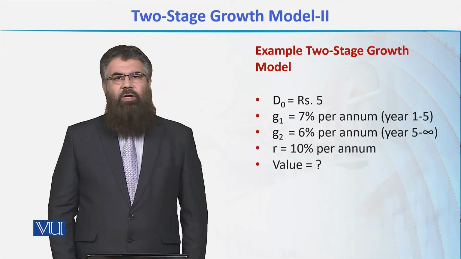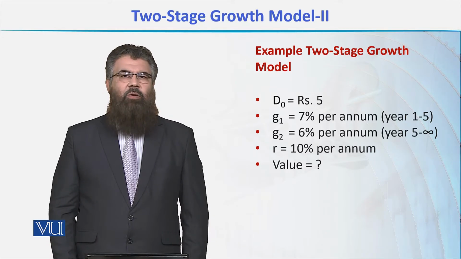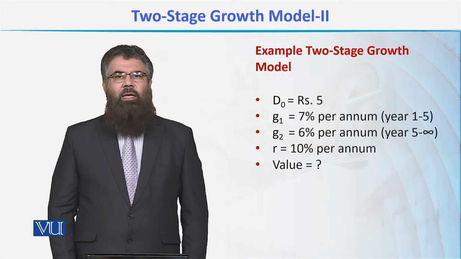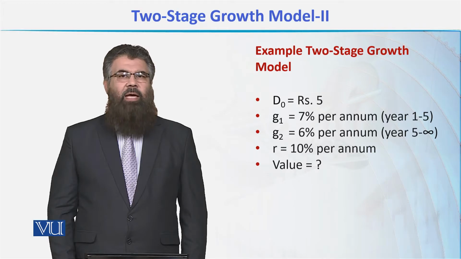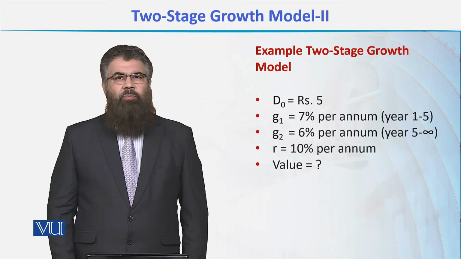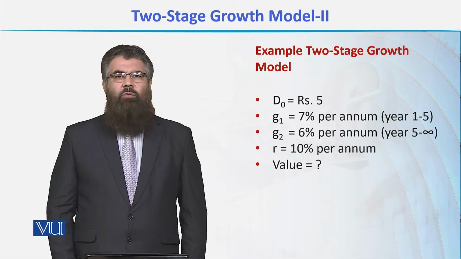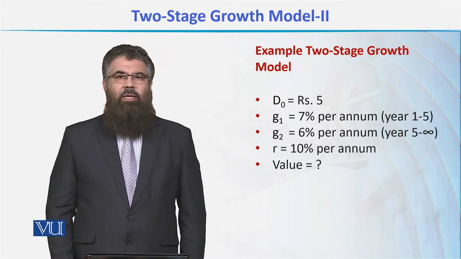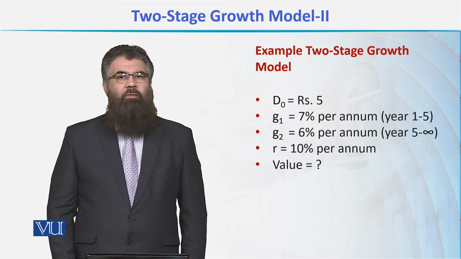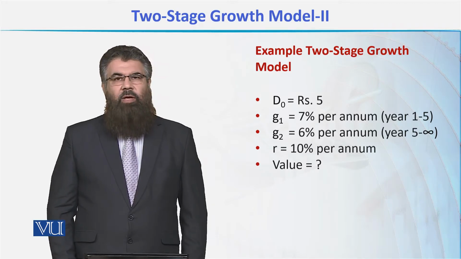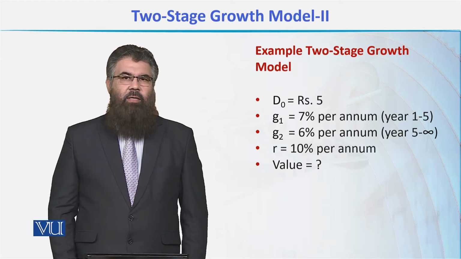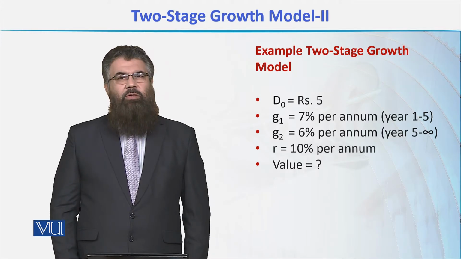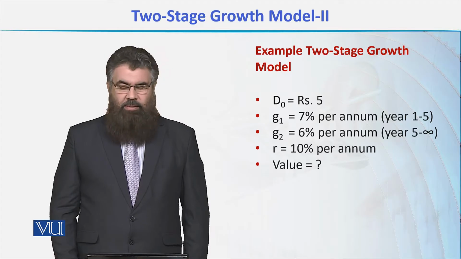We discussed that at the first level we'll have to individually calculate the future dividends and then individually discount them by applying the present value formula. In case of the second stage, we have to apply the constant growth formula at the end of first stage. And whatever answer we get, that has to be further discounted for the number of years of stage 1 in order to get its value at point 0. And finally, the two values are combined to get the total intrinsic value. Let's try to understand this with the help of an example.